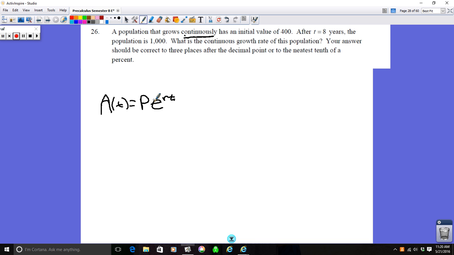So the initial population is 1,000. We want to find the continuous growth rate. So we're solving for R, and after 8 years,